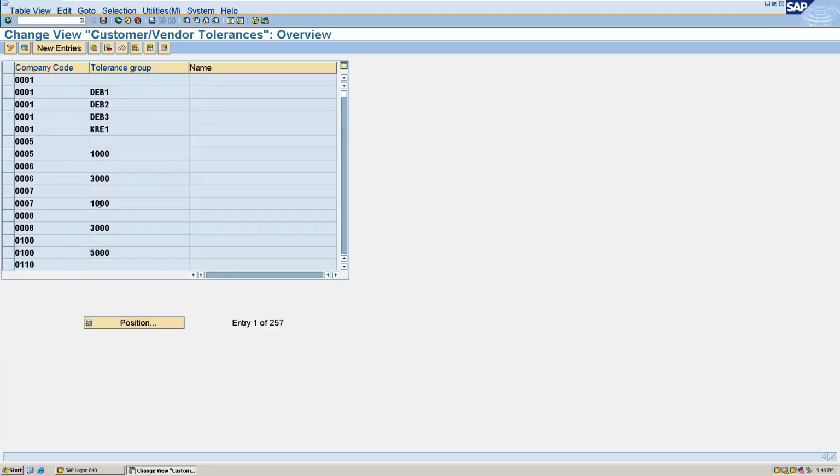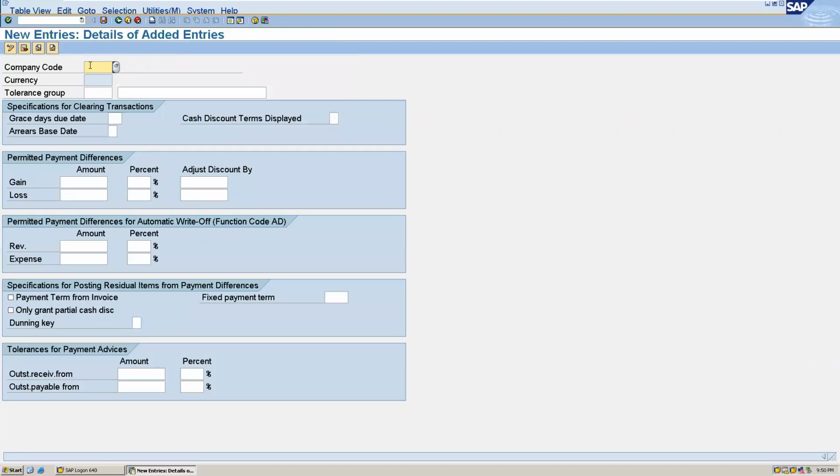Here we will create a new entry and the company code is ALLO. And here we have to give the permitted payment difference. So I'm giving 100 and the percentage 5%. Same thing for loss, I'm giving 5%. And also the permitted payment difference for automatic write-off, you can also define here. After this, save this.